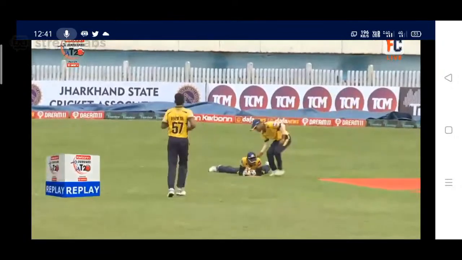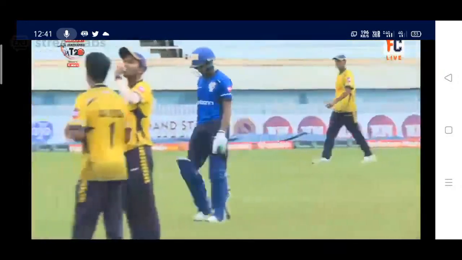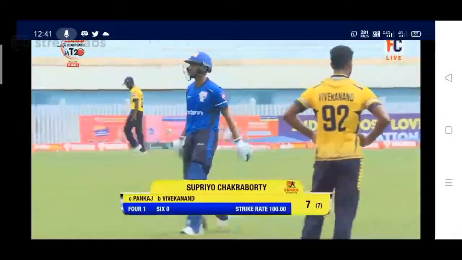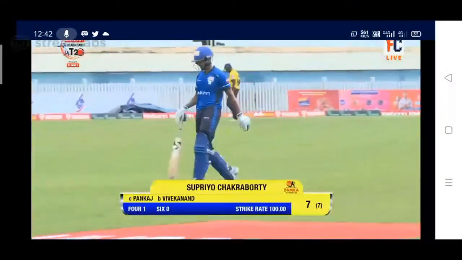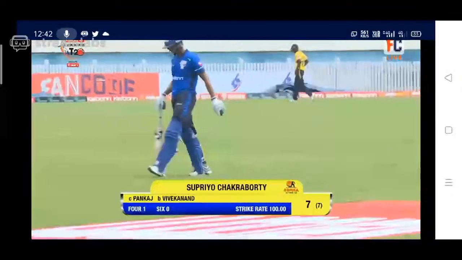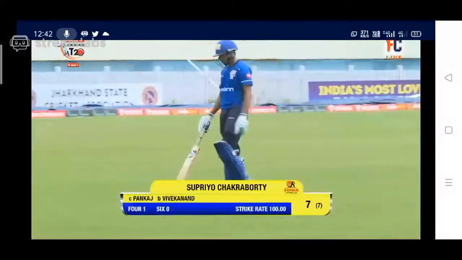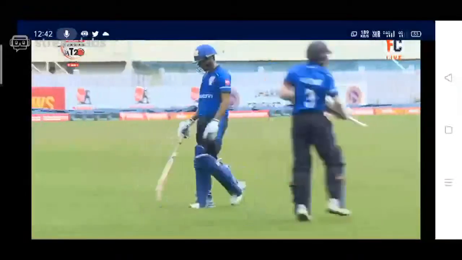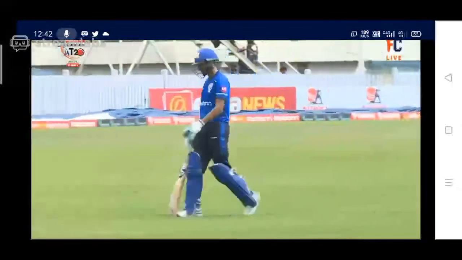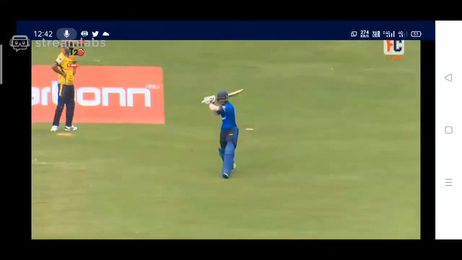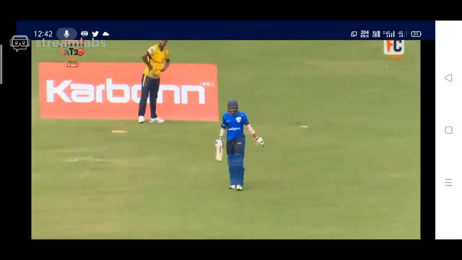That's a very good catch from the wicketkeeper, Pankaj Kumar. Supriya Chakrabarti is out for 7. Caught Pankaj, bowled Vivekanand Tiwari, the bowler, doing that magic, getting the second wicket for the team, Ranchi Raiders.